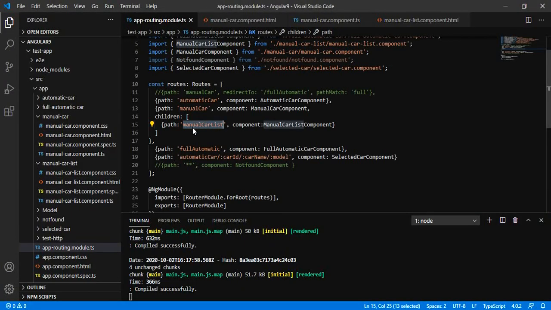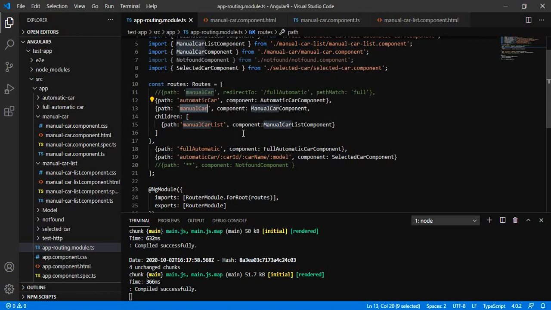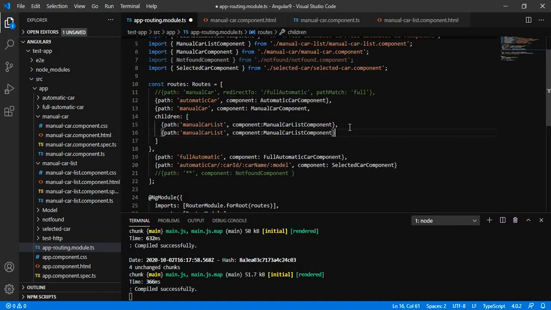Just like we have given the child route for this particular path, we can have children paths for other paths also. We will simply add children and give an array of paths, and this can have multiple paths based on the navigation you have defined.